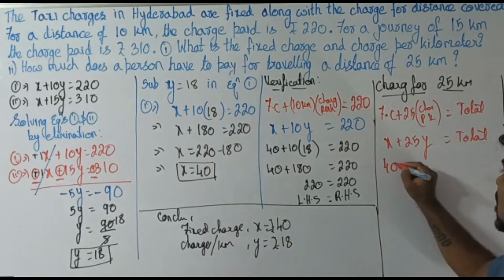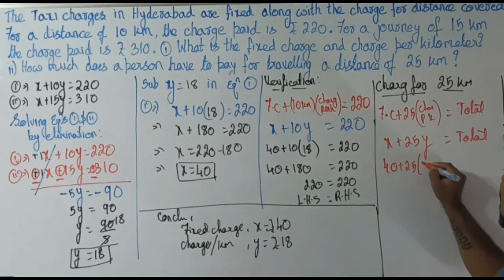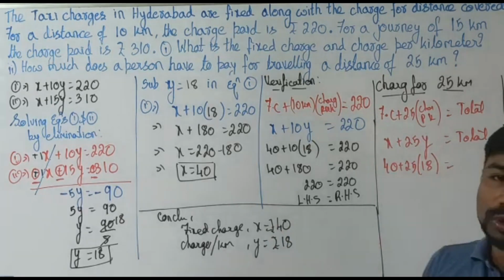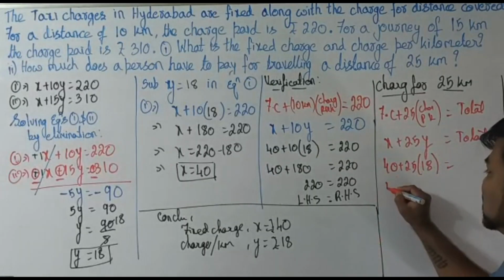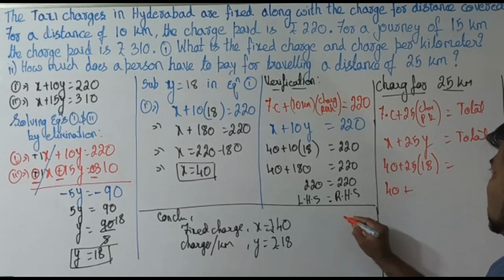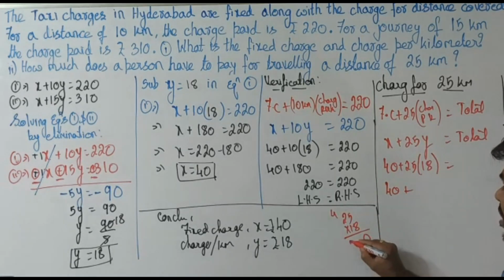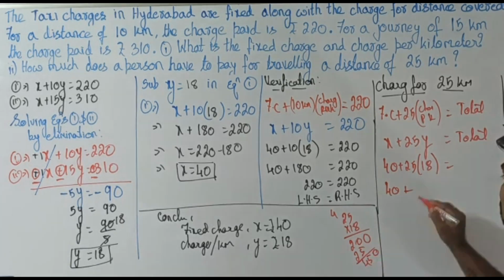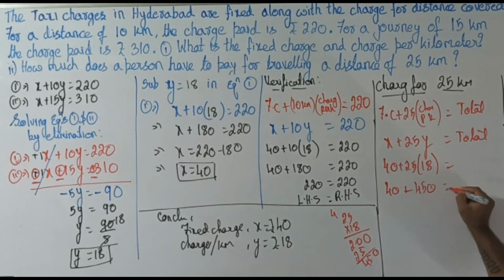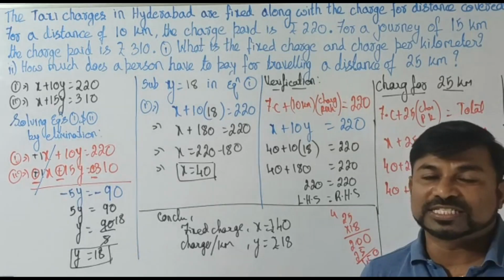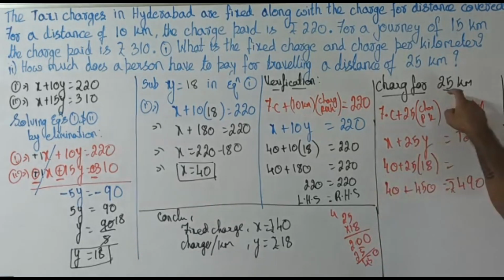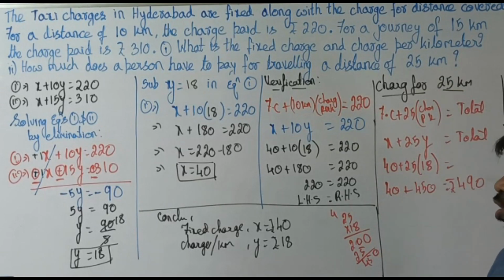It's 40 plus 25 into 18, and we'll get the total there. So it's 40 plus 25 times 18. 8 5s are 40, 8 2s are 16, 20. It's 25, 0, 5, 4. It's nothing but 450. So rupees 490 is going to be the charge if he travels 25 kilometers. Hope you are able to